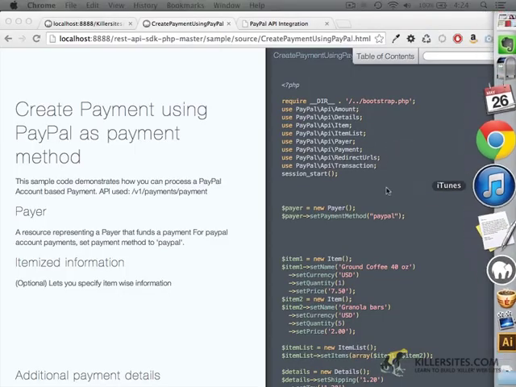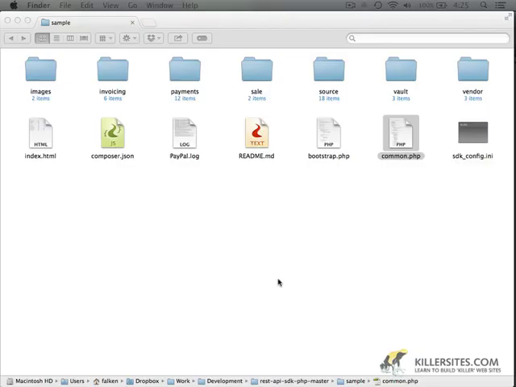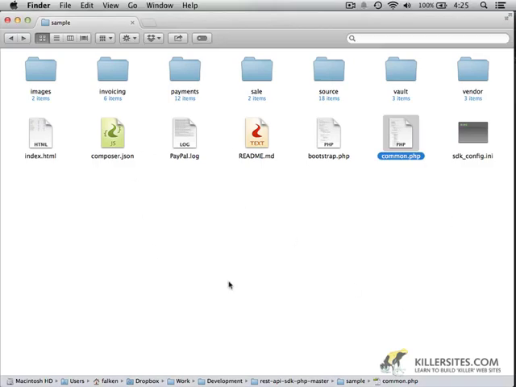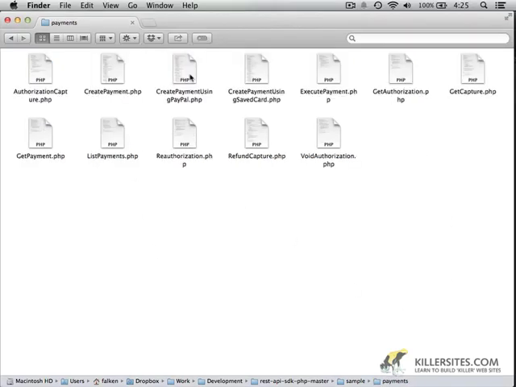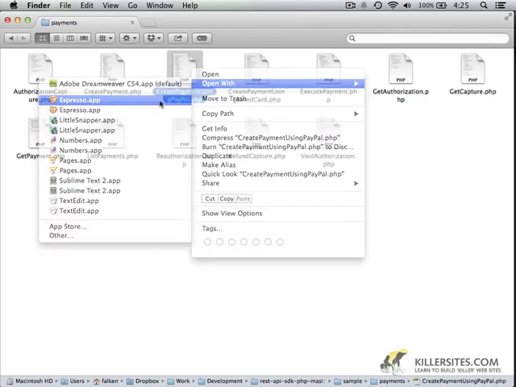However, for step 2, we do need to copy over a lot of code from this create payments using PayPal file. Pretty much everything in this file is important and we need to copy over and adjust it as necessary. So let's go ahead and find that file. Here within our sample code, it's going to be within the payments folder, and we want to look at create payments using PayPal. So I'm going to open that up with my text editor